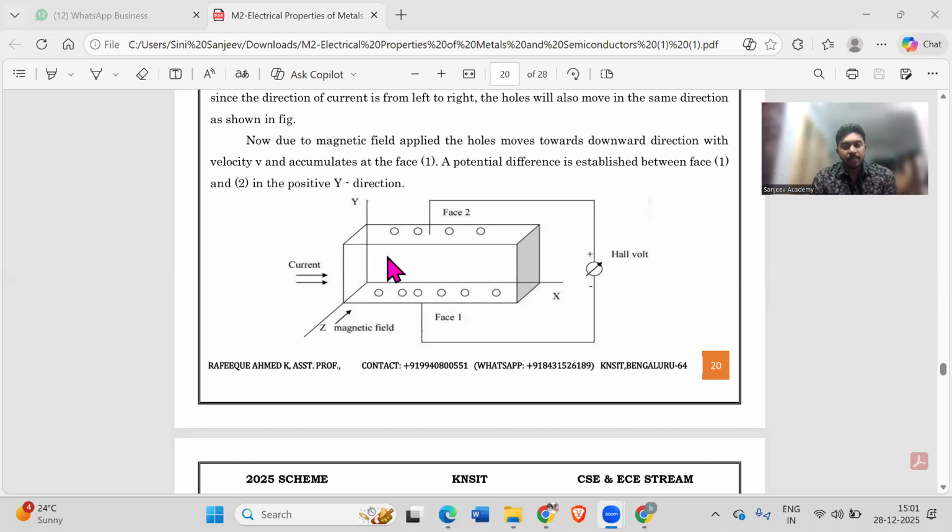So as you can see in the diagram, in the examination there are a lot of things to remember, and Hall effect is one of them. Very easy also. Okay, simple thing: a magnetic field is applied to a current carrying conductor,